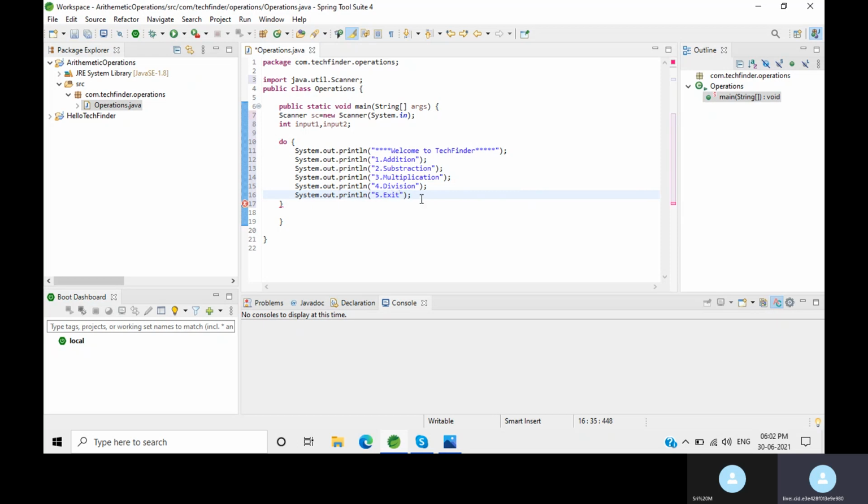Exit from the program. Then here we need to collect the user input.